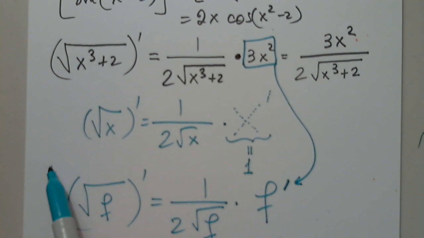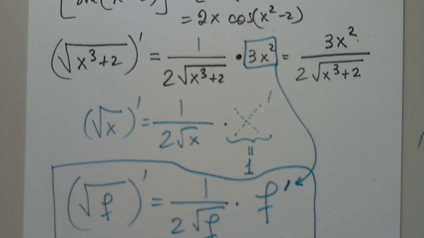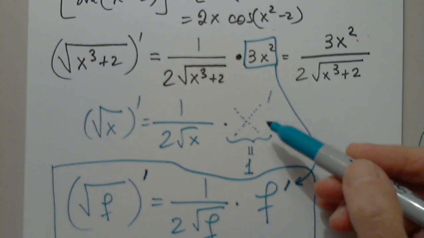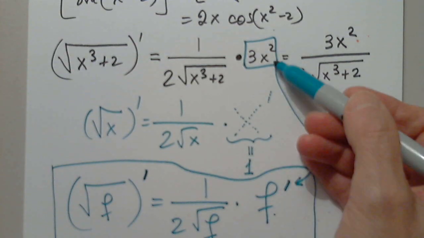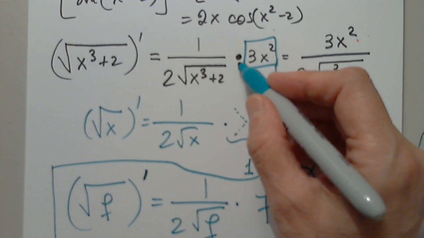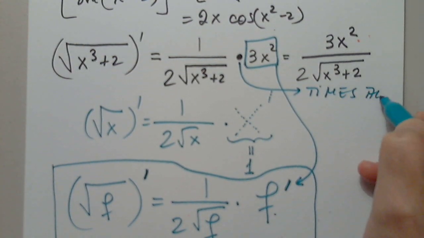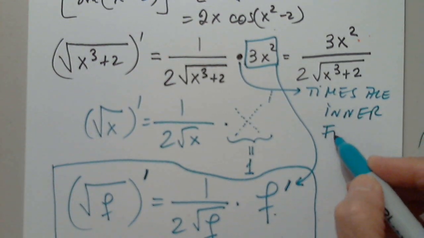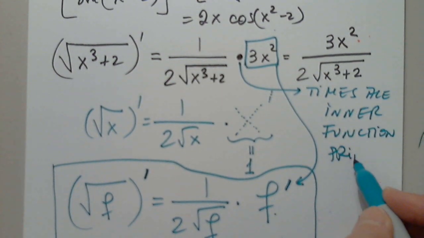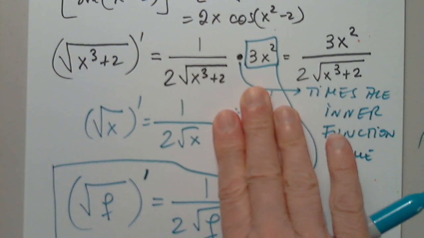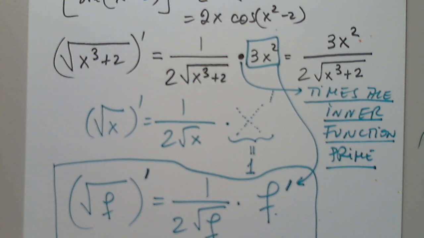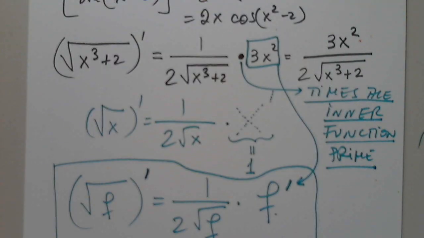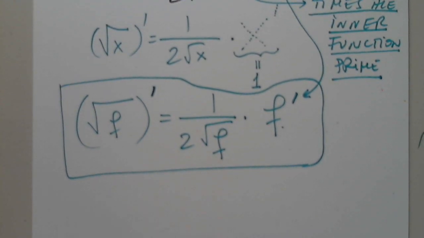So this is the rule for the square root of a function, prime. They are identical, but we didn't write this because it was 1. But here it's not 1. It's 3x squared. So I always have to say times the inner function prime. Always. If it is 1, then you don't have to. But if it's not 1, then you have to. Always say times the inner function prime. Okay. So also let's look at the tangent and also e to 4x squared. So now, okay,